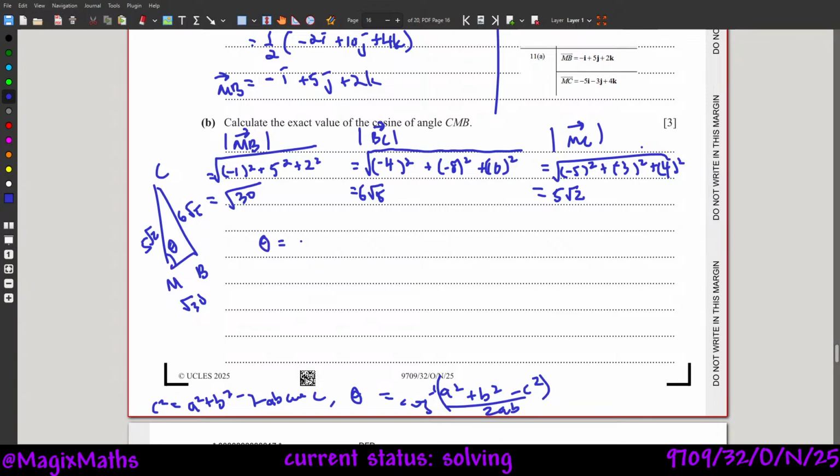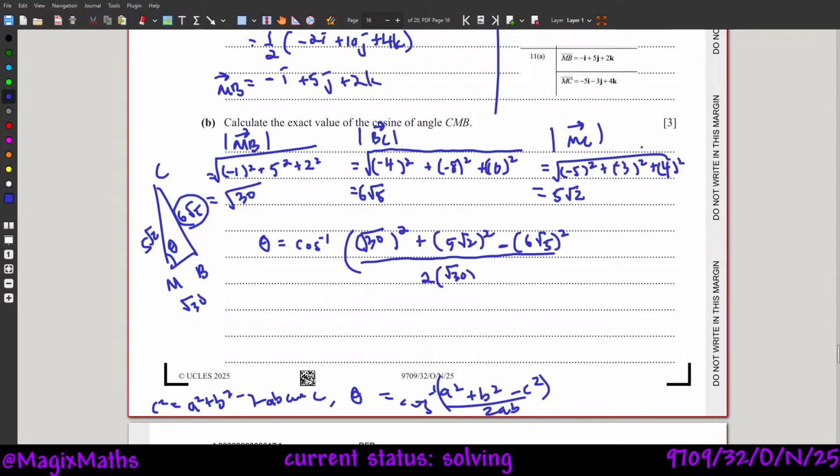So we'll just label c as this, and anything else is just however you want to put it. So this squared plus this squared minus this squared divided by 2 this and this. So putting in our calculator, we have